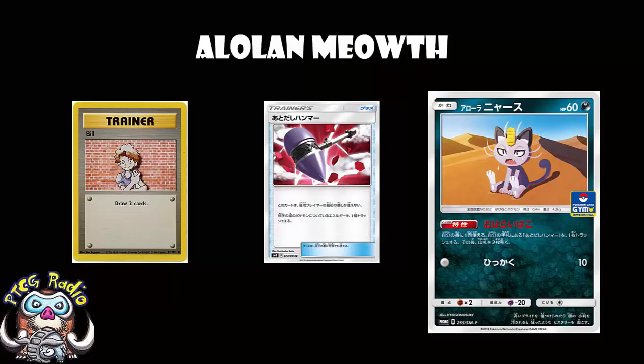If you've got an Alolan Meowth on the bench, Wait and See Hammer becomes Bill. For all those of you that have been saying, oh man, I wish we had a Bill reprint, we've had a Bill reprint. It's this one. Kind of. You might be thinking, come on, Wassy, getting an Alolan Meowth on the bench, that's not the easiest thing ever. Well, it's not